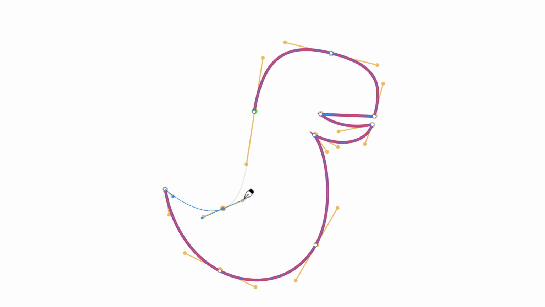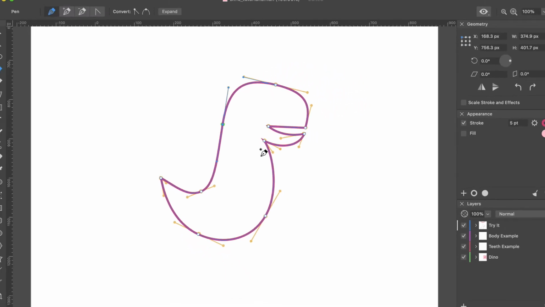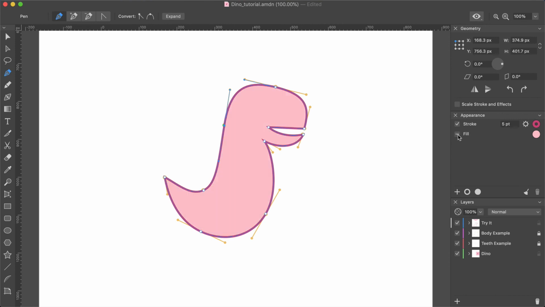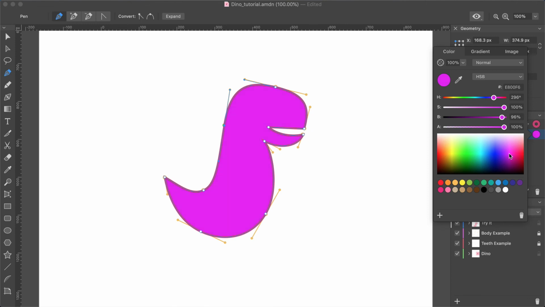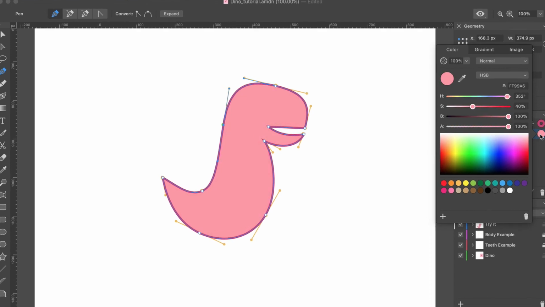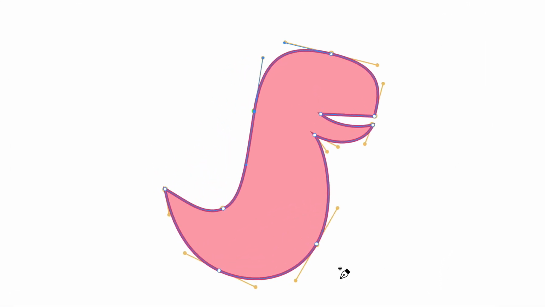Click and drag, then finally proceed to our original point. When the cursor approaches the starting point, a little circle will appear near the cursor. Click on the starting point to close the path. Once we did this, we can fill the created shape with a color using the Appearance panel. And with a little practice, you will be able to create objects of any shape.